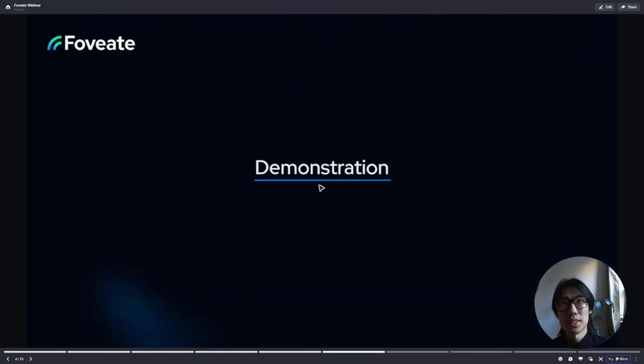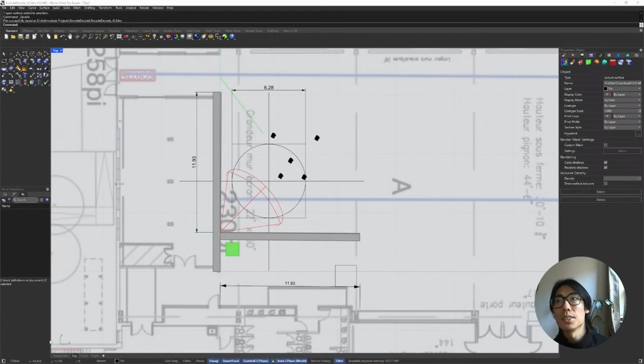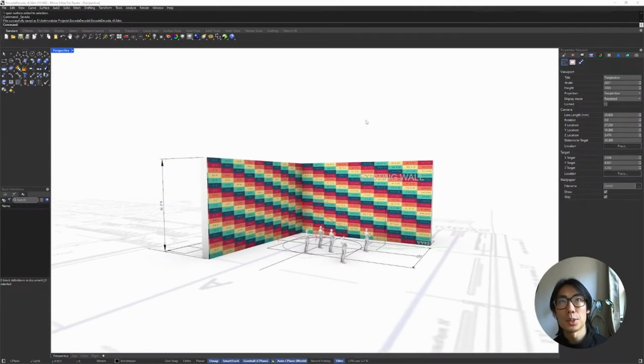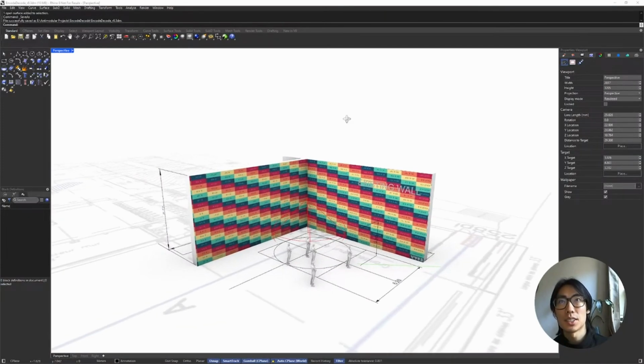Okay, so now we're going to jump into the demo phase here. So this is a scene of an installation that I worked on in Montreal, Arsenal Gallery. This is called Encode Decode. For those of you who were at the Touch meetup the other night, I showed this project a little bit. But basically,